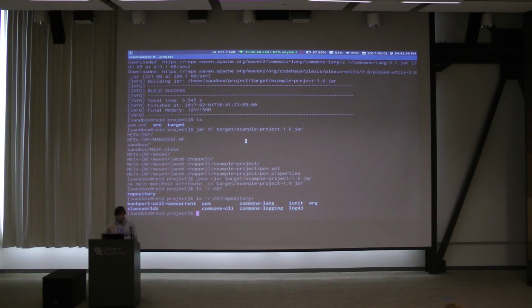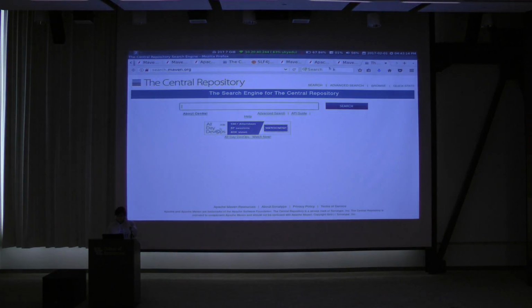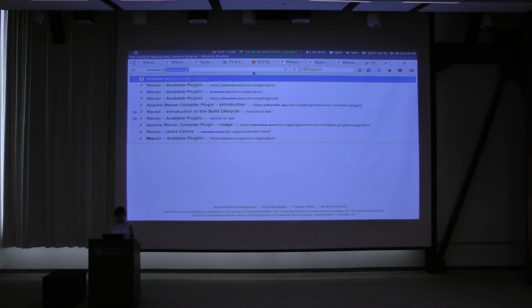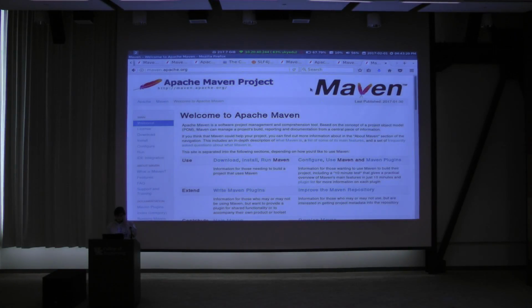So that can tend to get big, but this is basically your local repository. And as you work in Maven, you can actually take stuff that you write and install it to that local repository and use it in your other projects too. So it's a handy place. And then the other site that you're going to want to know is actually maven.apache.org. And this is where, after this talk, if you want to learn more, this is where you're going to go because it has all the documentation and anything you might want to know.